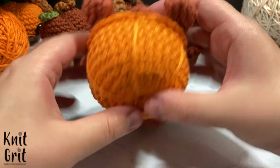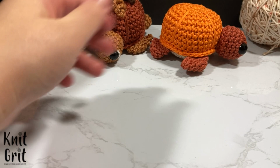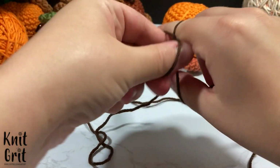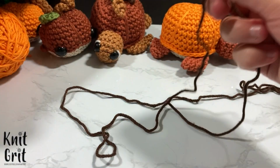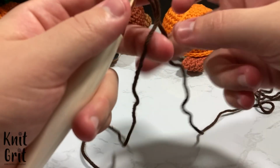Alright, so I finished off and hid all of my tails just like I showed. So now what we're going to do is take our brown yarn and create a little stem. I like to create, again, another long tail. This is for sewing. And what we're going to do is take our crochet hook and we're going to chain